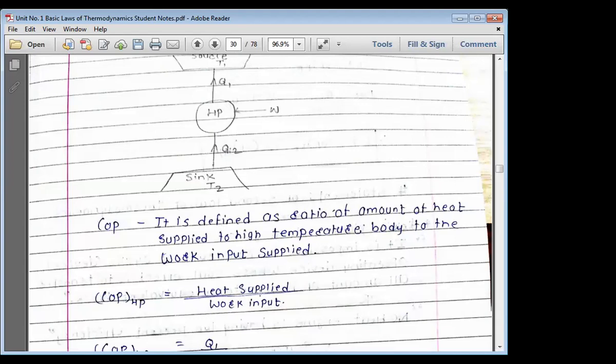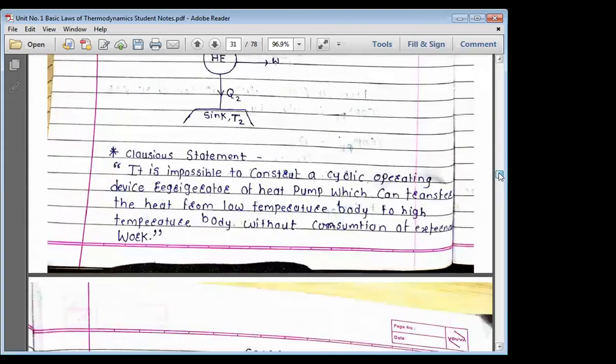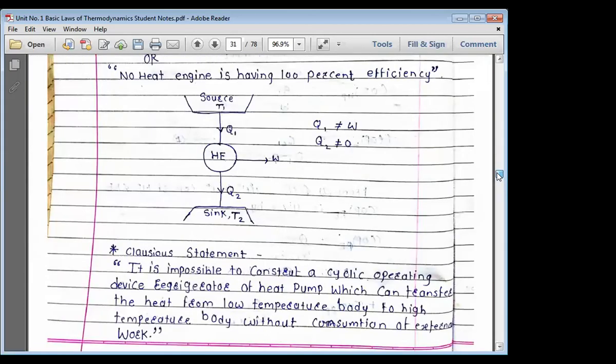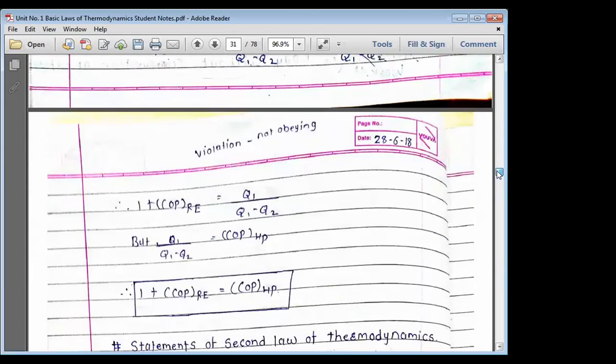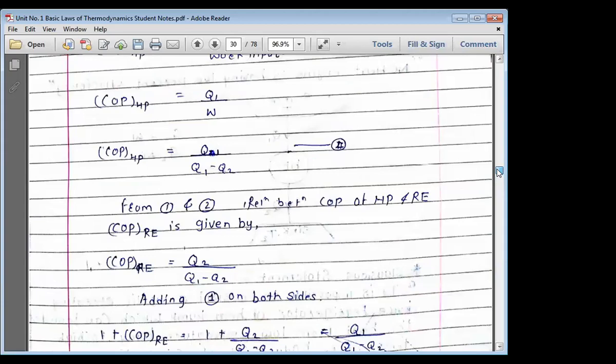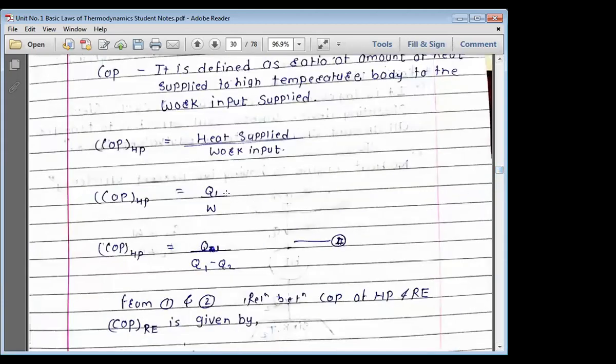Okay, so heat supplied to the work input. So here, Q1 divided by W. W again is given by Q1 minus Q2, so Q1 divided by Q1 minus Q2. Okay. Now this is called the COP of heat pump, Q1 divided by Q1 minus Q2. Now from relations 1 and 2, the COP of heat pump is given by